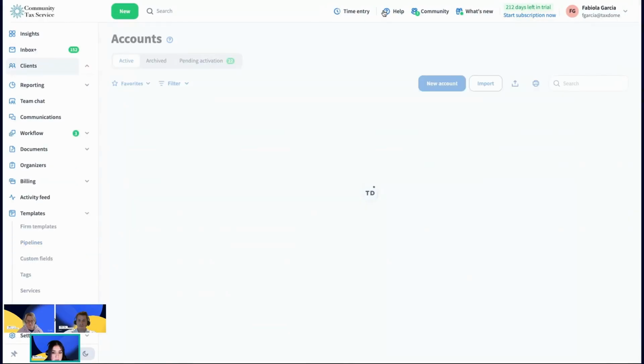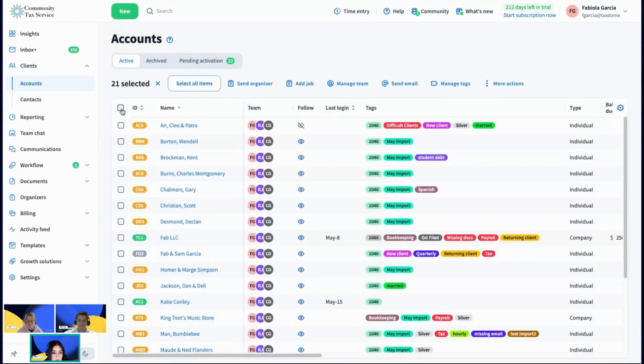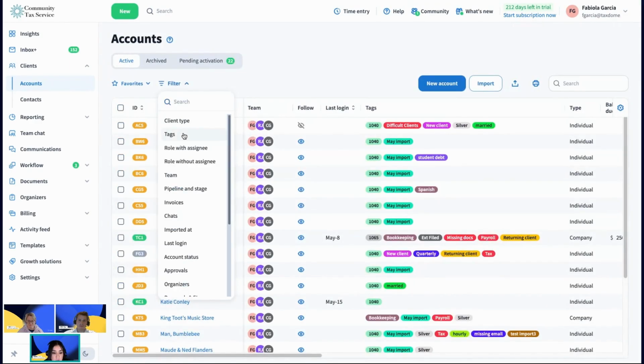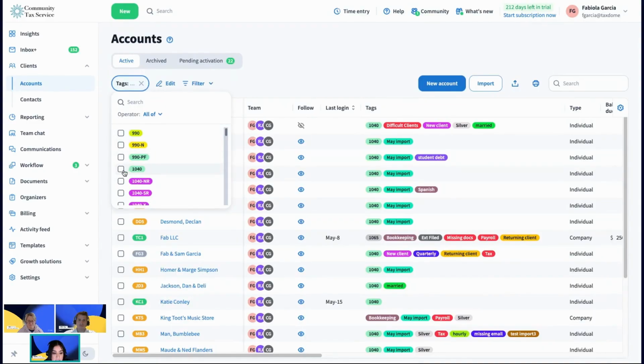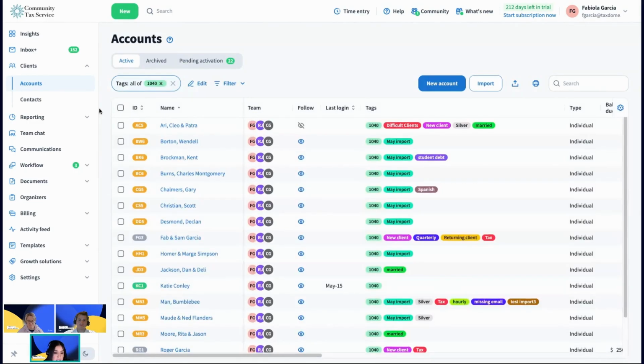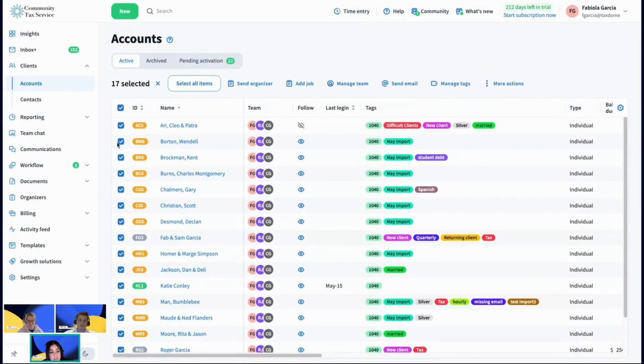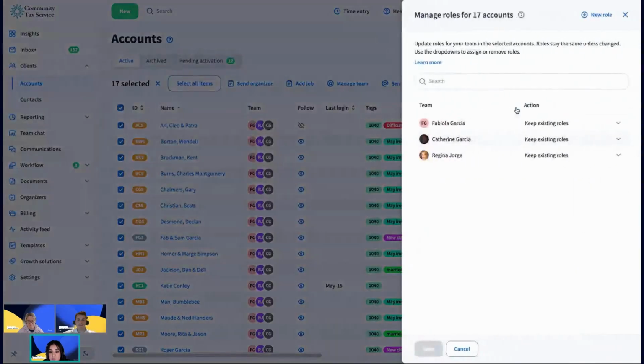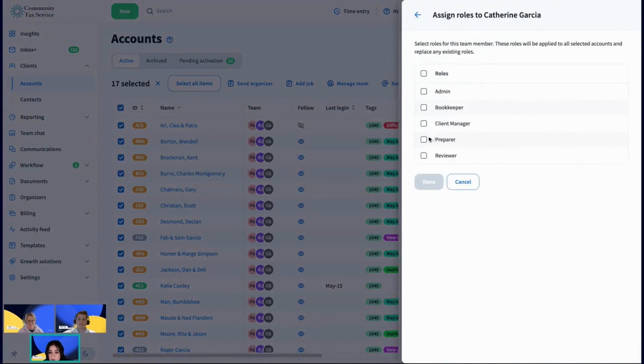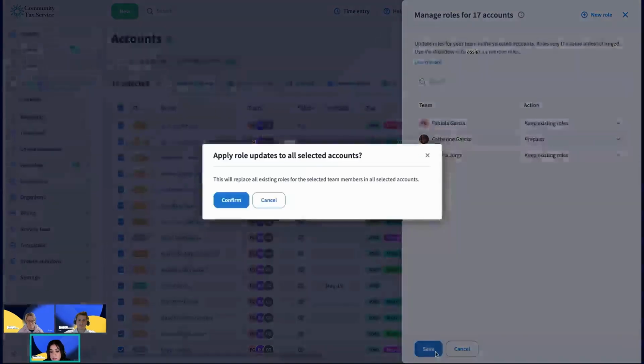Doing it in bulk is really nice. For example, I'm going to cancel that out. If you select all of these accounts, you might have 1,000, you might have 3,000 clients, so you can do a quick filter. I'm going to do my 1040s, right? All of my 1040s have a preparer, obviously. So I'll select all of them. I have 17. Then I'll go to more actions and manage roles. Since Catherine is my preparer for every one of these accounts, I'm going to add her as a preparer. So if I click on save,